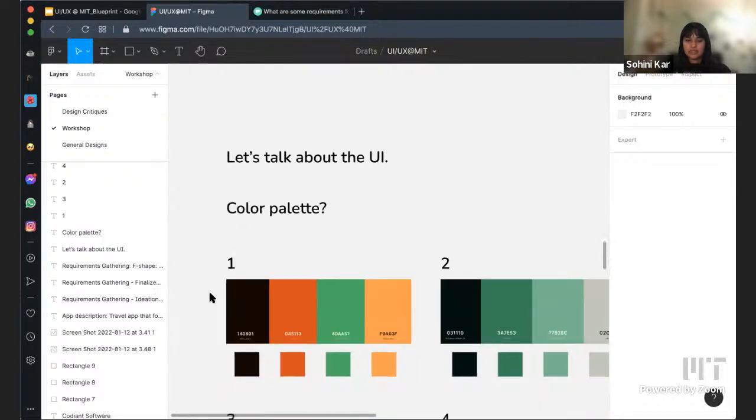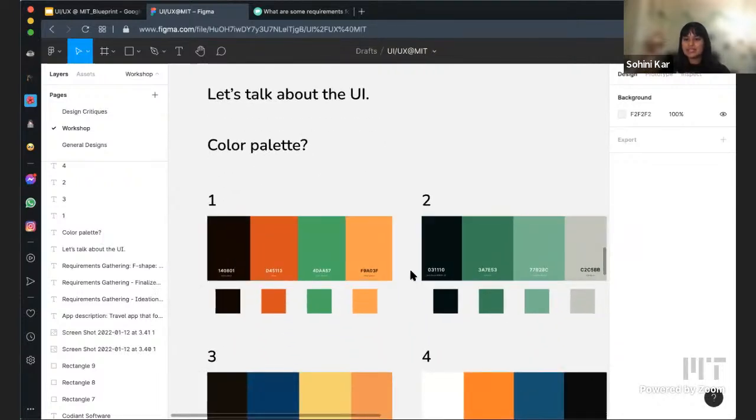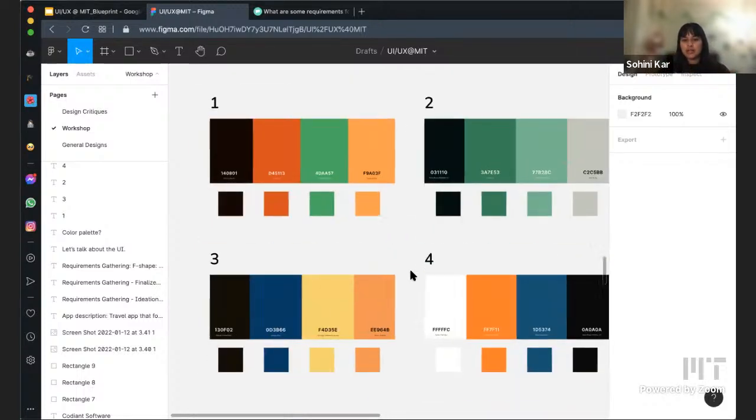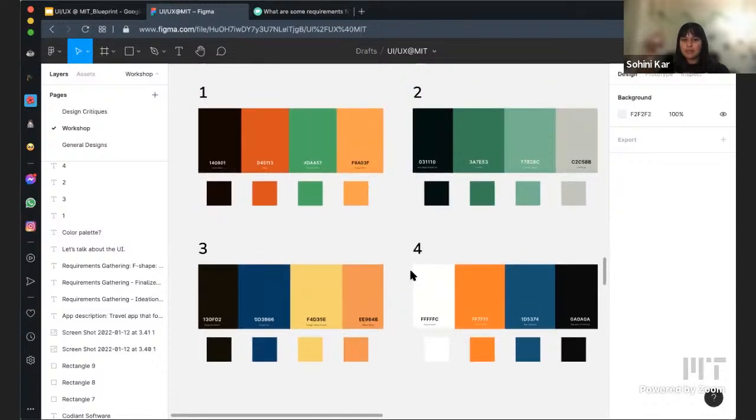Okay, so now moving into the actual UI design. So that's kind of the UX part of it, requirements gathering. Now we're moving to UI. So let's first talk about the color palette. Can you drop in the chat maybe which color palette you like the most? Just using the number like 1, 2, 3, or 4, and we'll pick which one has the most